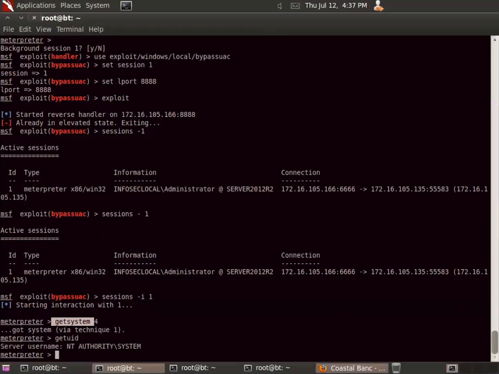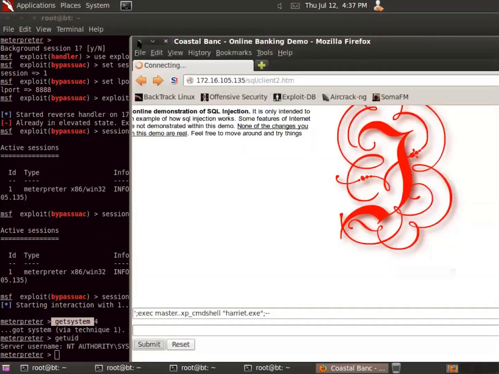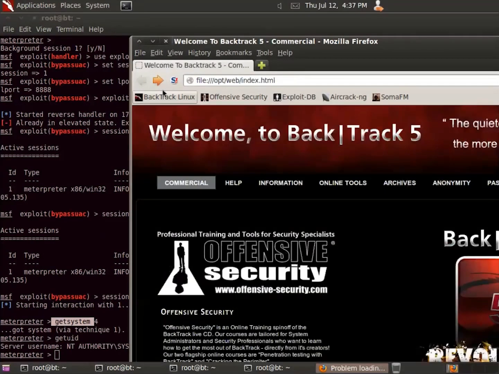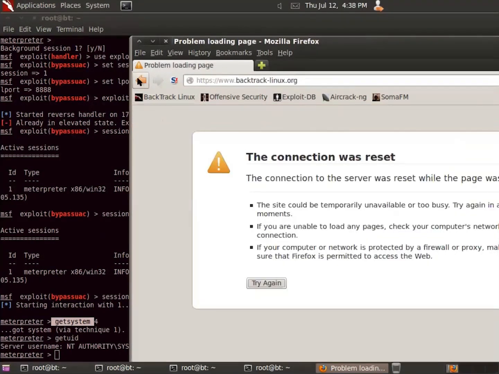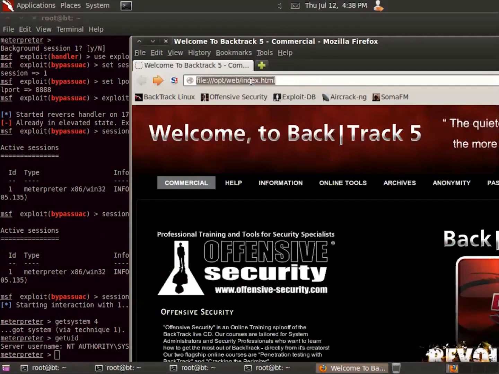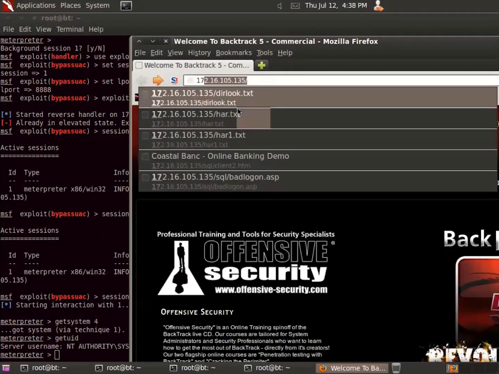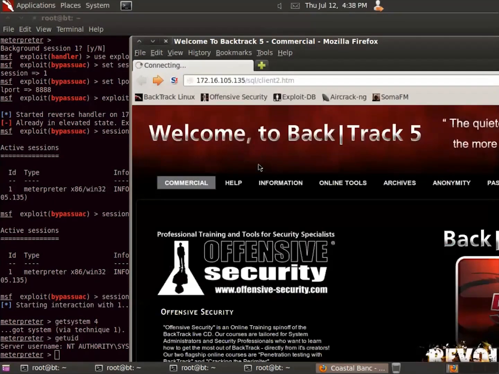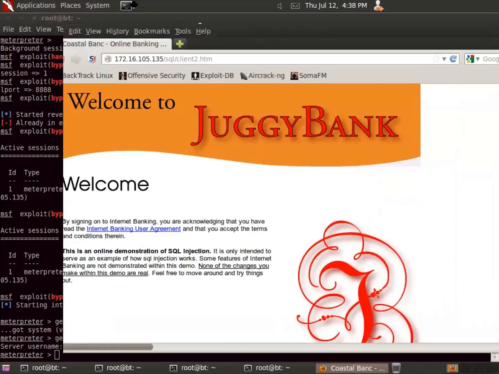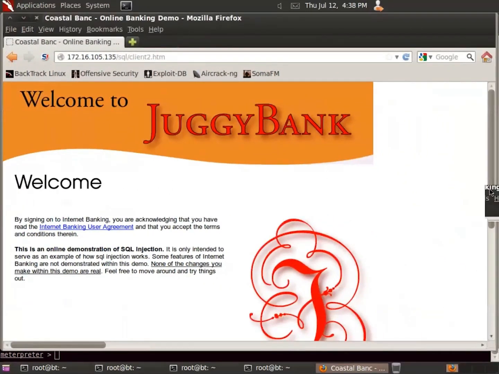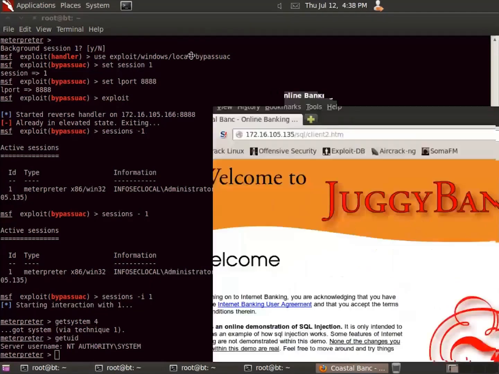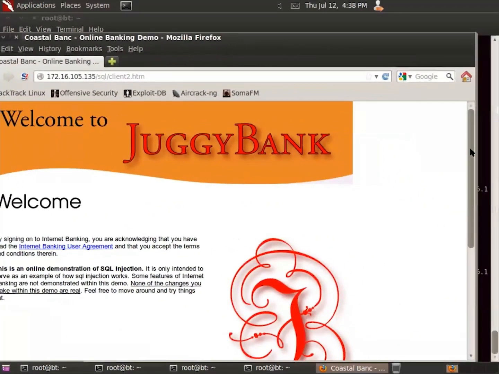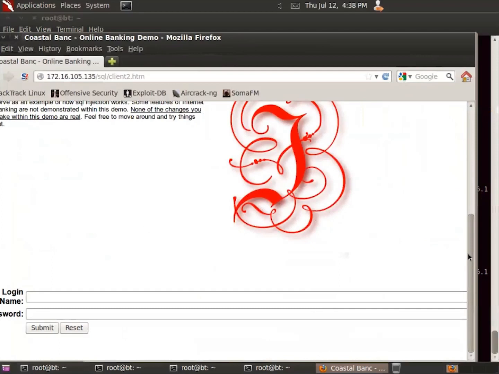But the whole point is we started with the SQL injection, and that eventually got us to where we needed to go as far as breaking into the machine, using SQL or a web app vulnerability actually to still end up with system level privilege. And that was kind of the goal there. Because now we've seen SQL injection, we've seen cross-site request forgery, and we've seen cross-site scripting as it